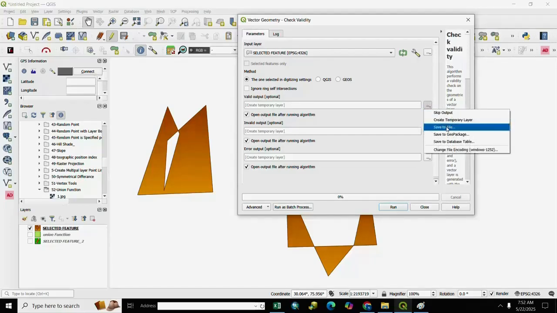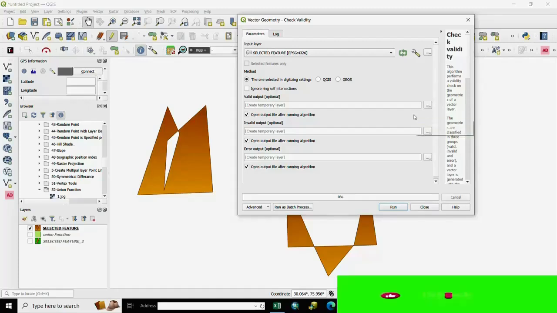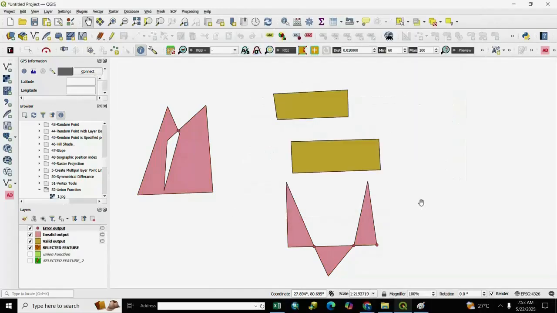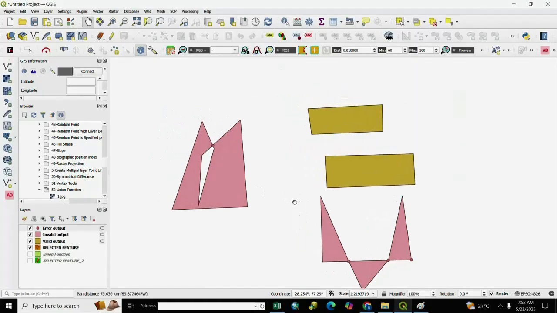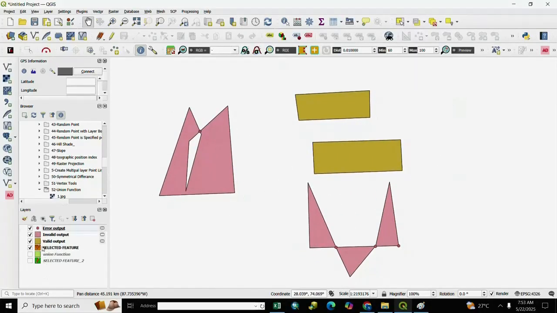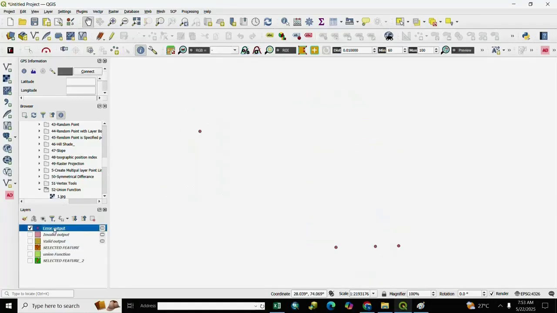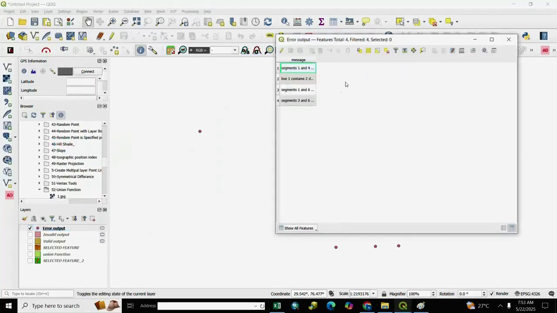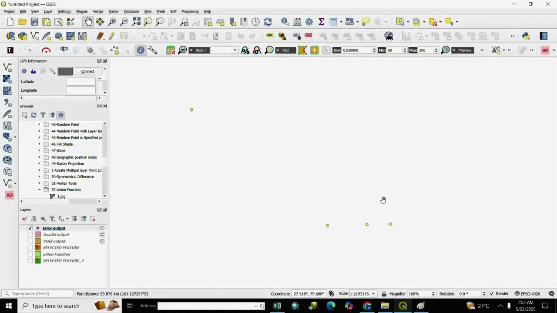If you want, you select an output location here. If you don't use an output location, then you run it and close it, and you see here your output. Here is your error point. You right click and open attribute table. Here are 4 output error points. You see here the output error points,